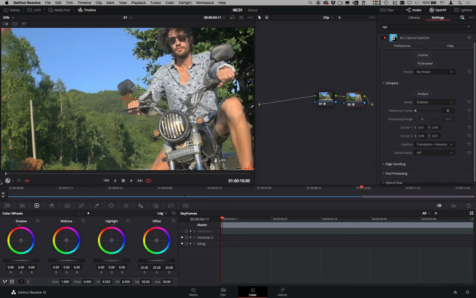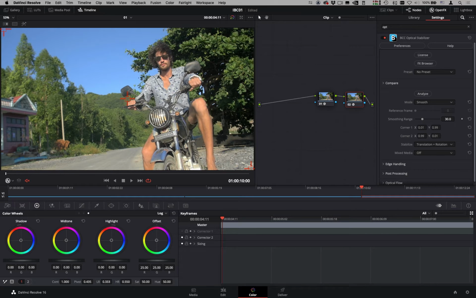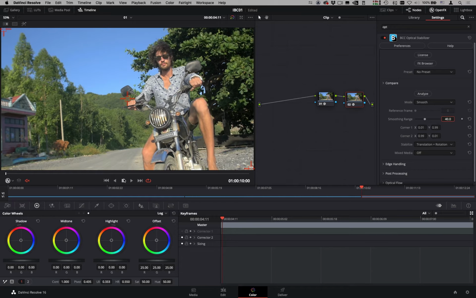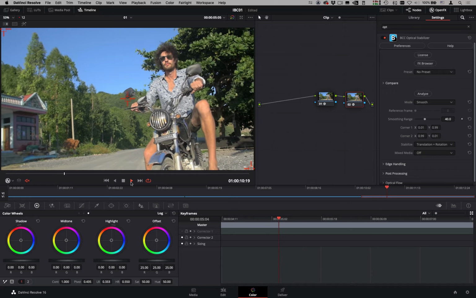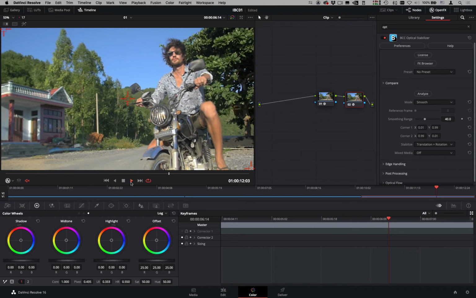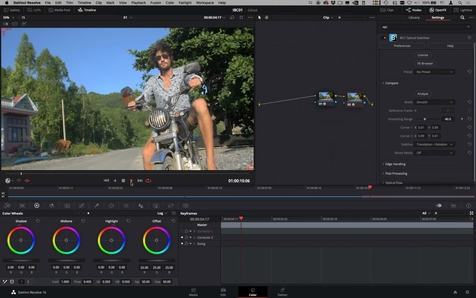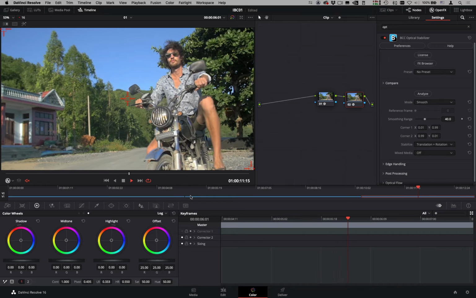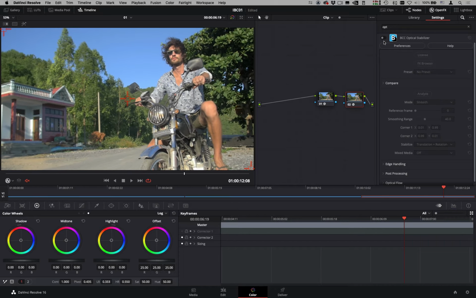But it's a handheld pan, and I want to keep that pan and some of the organic movement, but I want to take out the high frequency jerkiness. So instead of completely stabilizing, I'm going to change the mode to smoothing, and now set the number of frames over which I'd like to smooth. And now as I play through, you see it's still panning. There's still a little bit of organic motion to it, but it's a lot smoother because I've averaged that